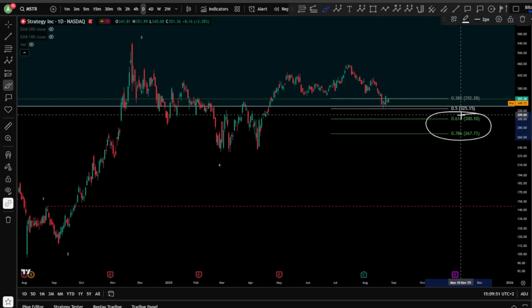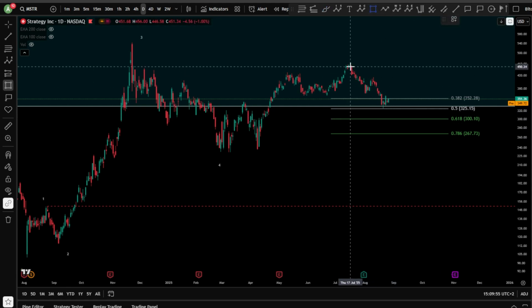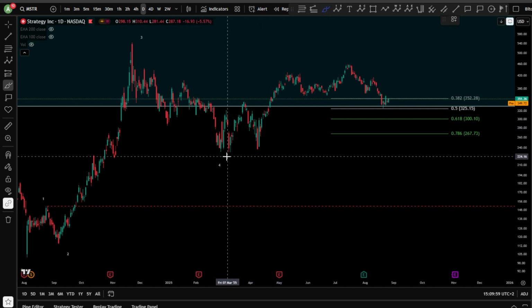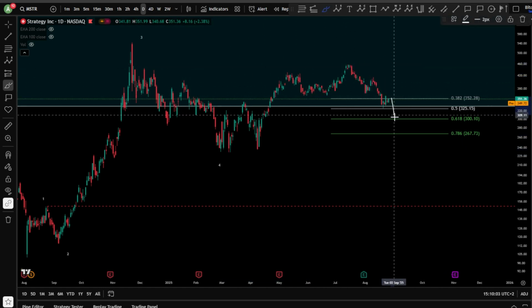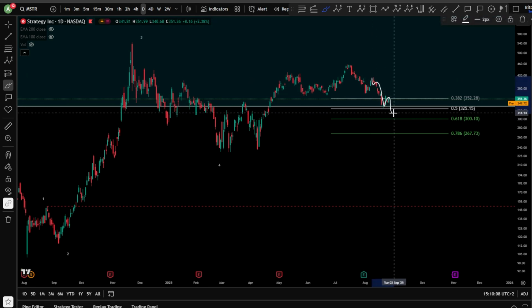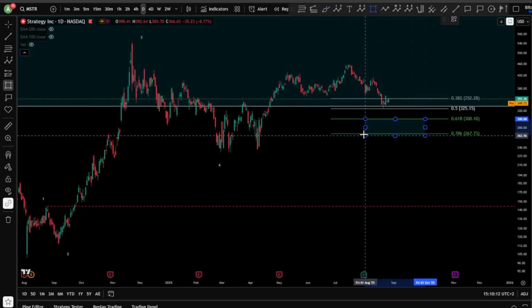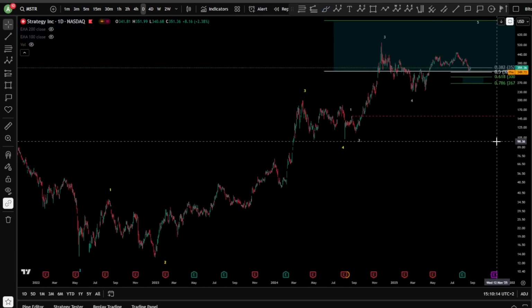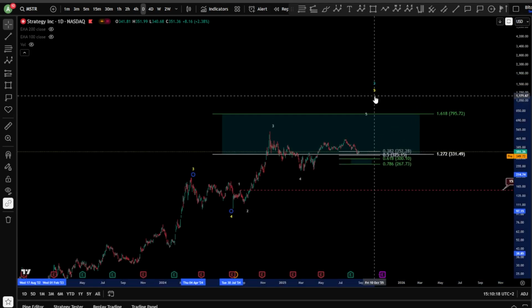Now, maybe you might reach this blue box. But I believe that 3 waves are already done and finished, because if you have here 1, 2, 3, 4, 5, you have A, B, and a C, probably one more leg. Well, if you have an impulse 1, 2, 3, 4, 5, can be, yes, and hitting exactly 0.618. So for security, I'm just gonna put this blue box can be, of course, a possibility, right, for MicroStrategy here,